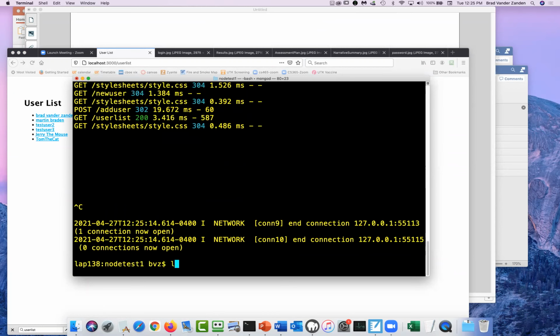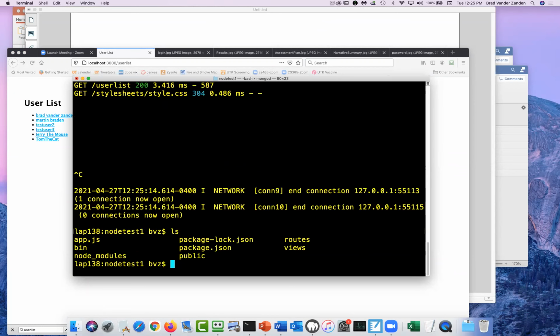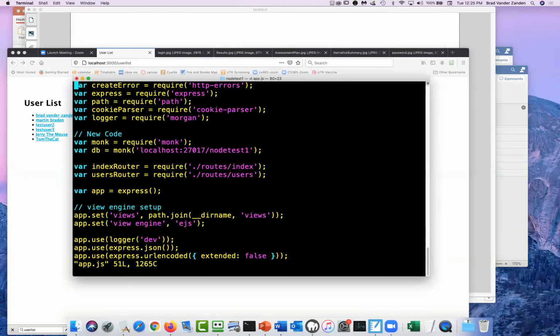There is stuff that you need to do to set it up. There's a lot of so-called middleware that is being used to handle a lot of the ugliness of Node.js.